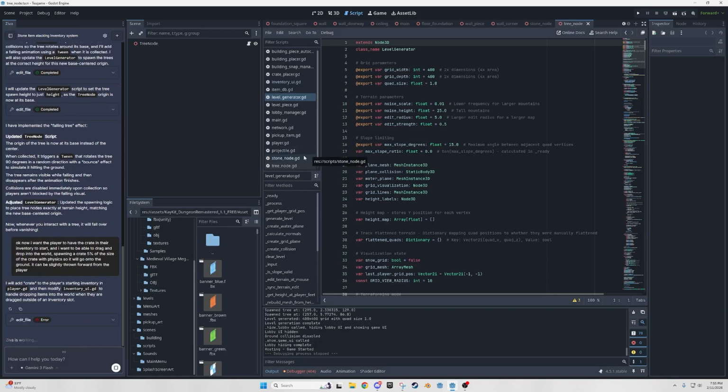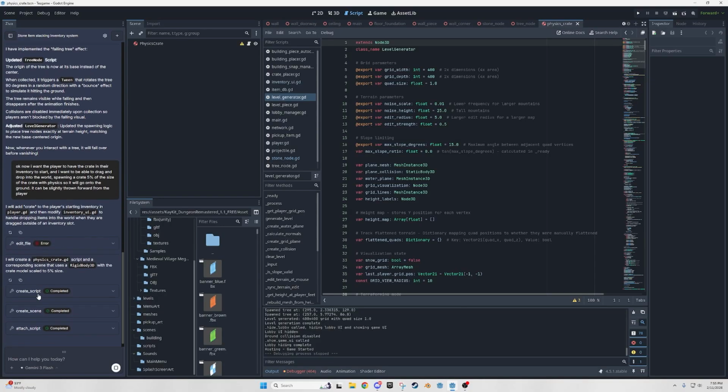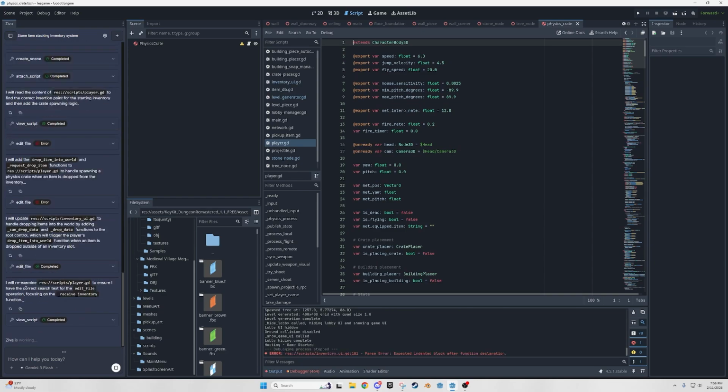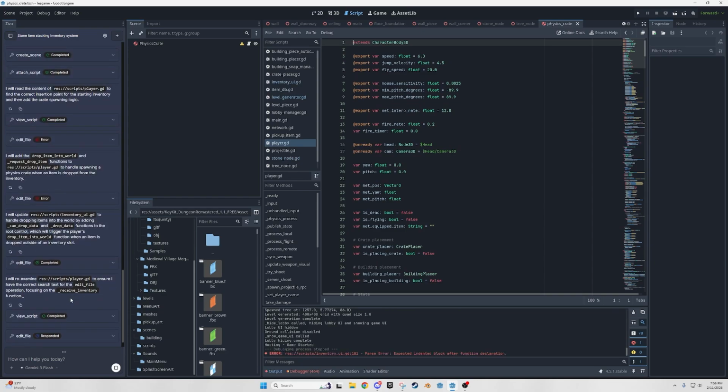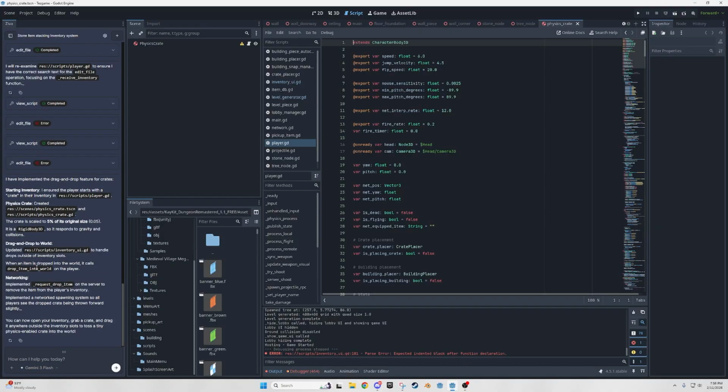Oh, that crate to player starting inventory. Error. You'll see a lot where it says, after the error, well, I'll do it this way. It'll find another way to do it. I will re-examine this to ensure I have the correct search text. Search text not found in file. Okay, so it gives a gravity drag and drop to the world to handle drops outside of inventory slots.